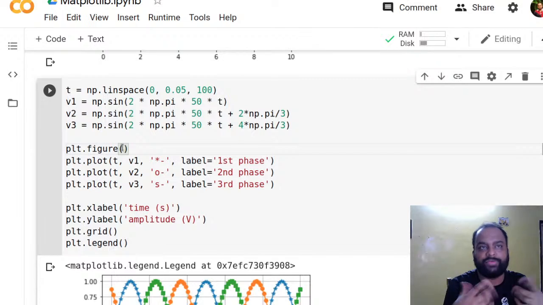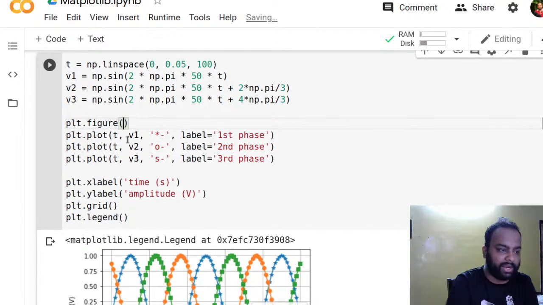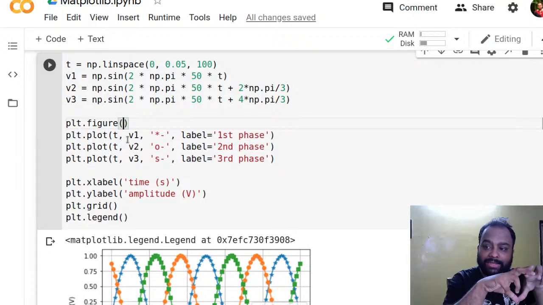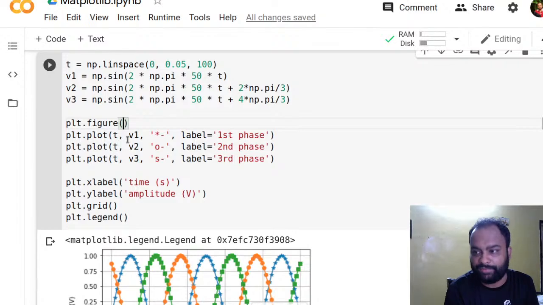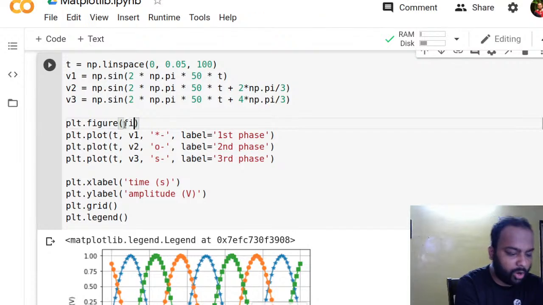Essentially, figure is kind of a container for containing those plots. So these plots are going into the figure. Now, since you have contained everything into a figure, you can change the shape and size of the figure. So again, this is the function call again. Now we can pass in a certain argument called figsize,